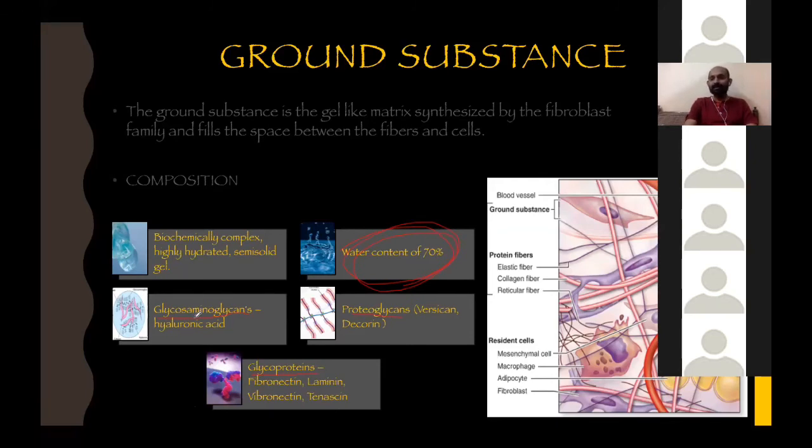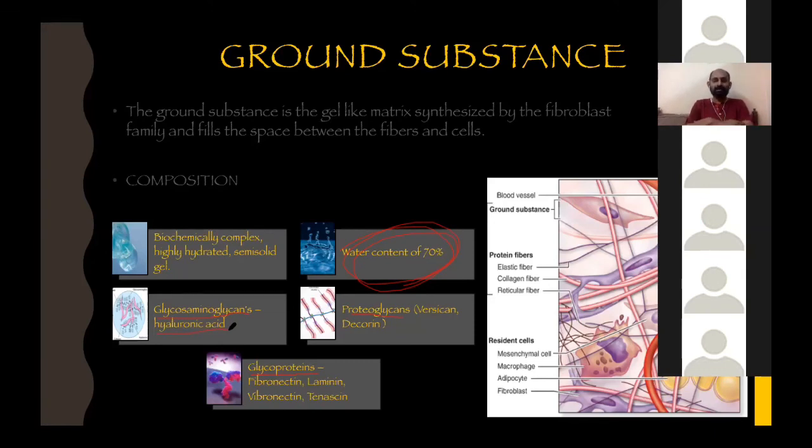So what is glycosaminoglycan? It is a long chain. It has got a glucose molecule, and in between these glucose molecules, you have an amino acid. That is why it is called glycosaminoglycan, otherwise called GAG. It's a polysaccharide. So it's got glycose, in between it has got an amino acid, and hence it's called glycosaminoglycans. One of the important glycosaminoglycans is hyaluronic acid.